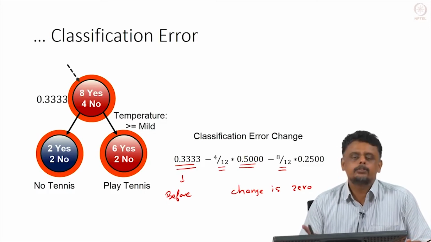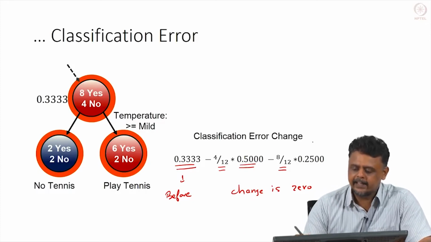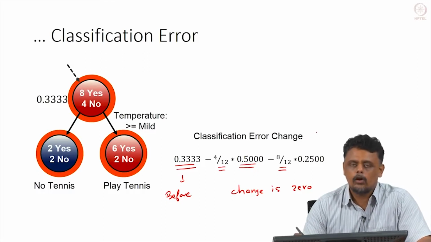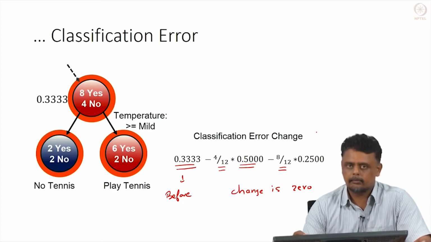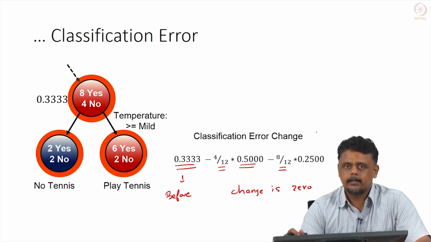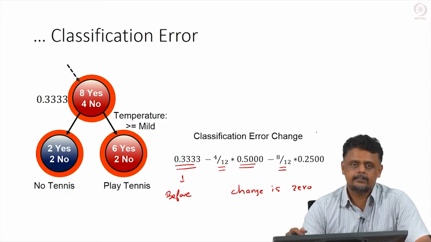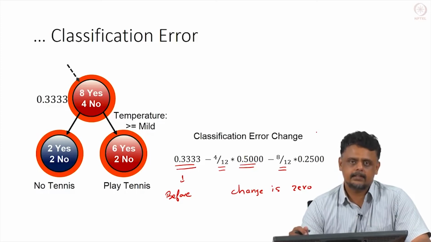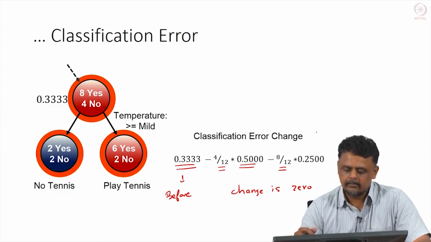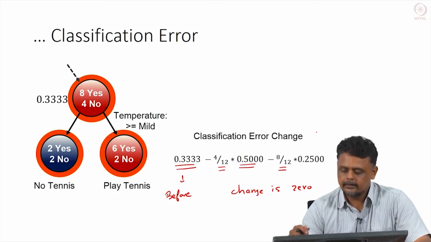So, the general idea is to consider one feature at a time and calculate the change in classification error for all of the features based on a split. So, the idea is to consider each feature at a time and split the data based on the feature and calculate the change in the classification error and choose the feature that gives rise to the maximum change in the classification error. However, it is possible that when we use the classification error as a metric, the change can sometimes be 0. So, that turns out to be a bad choice.